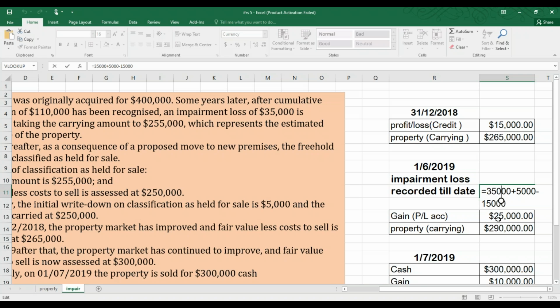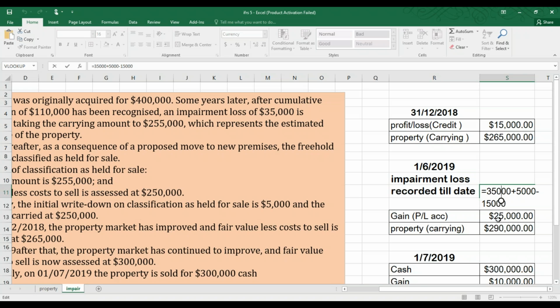Any entity shall disclose the discontinued operations under the statement of comprehensive income as a single amount, comprising the total of the post-tax profit or loss of the discontinued operation, along with the post-tax gain or loss recognized on the measurement to fair value less cost to sell, or on the disposal of the asset or the disposal groups. So the first is the post-tax profit or loss on my discontinued operations, and second